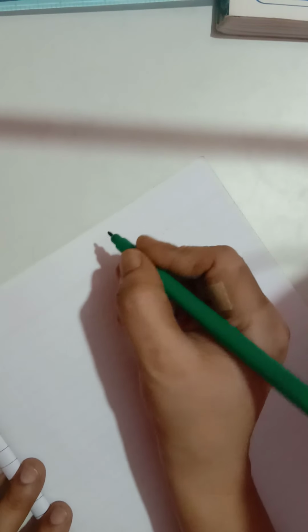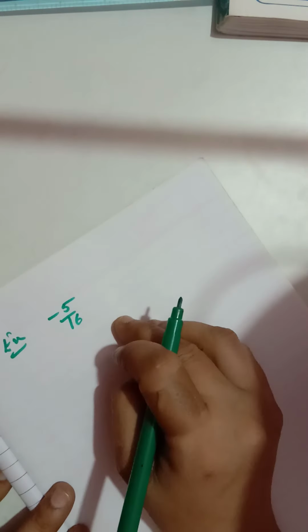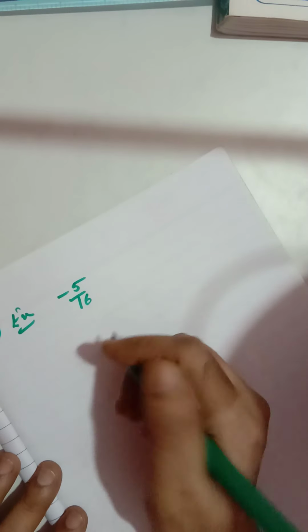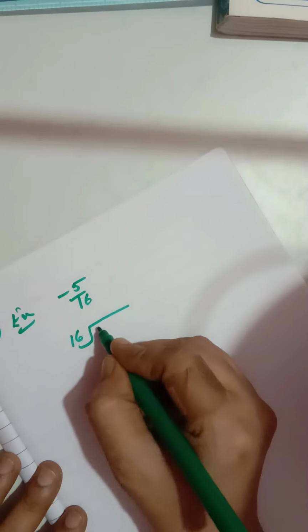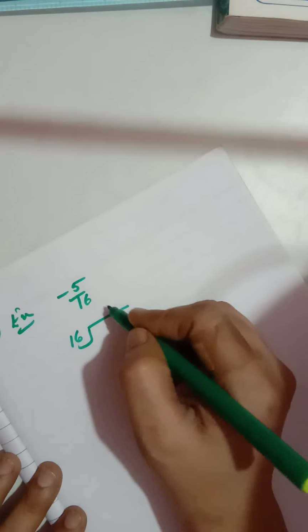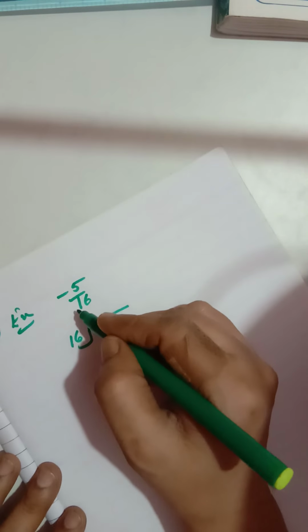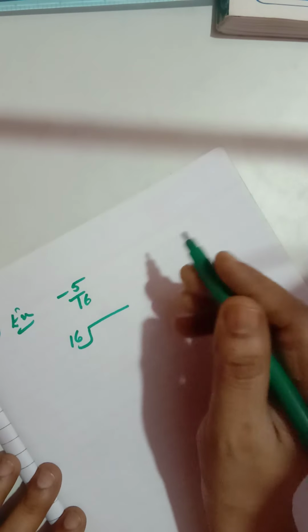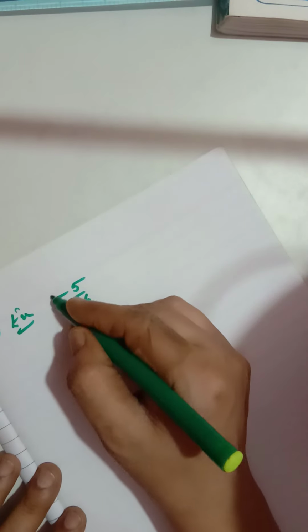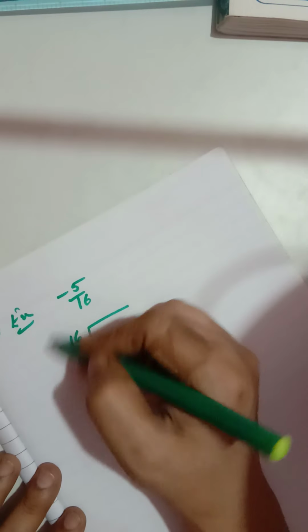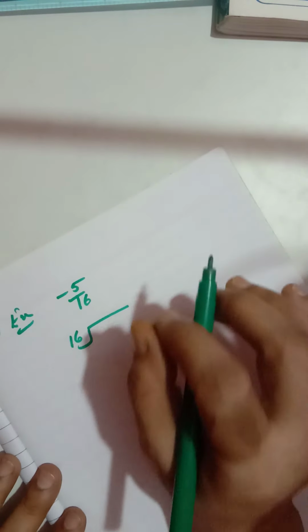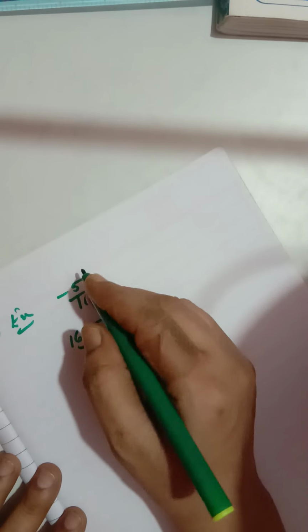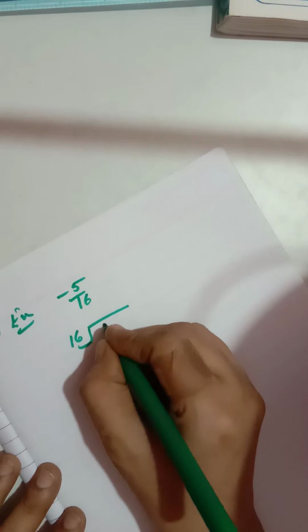Now children, let us take one negative fraction, numerator with a negative sign. Suppose I take one more example, minus 5 upon 16. We have to convert this minus 5 upon 16 into decimal form. Okay children, so how are we going to do it? 16. And now see, children, whenever there is a minus fraction and you have to convert it into decimal form, ignore the minus sign while dividing. In the last stage, in the answer, we will put the negative sign. So while dividing we will not consider the minus sign. So 16 and here is 5, right?